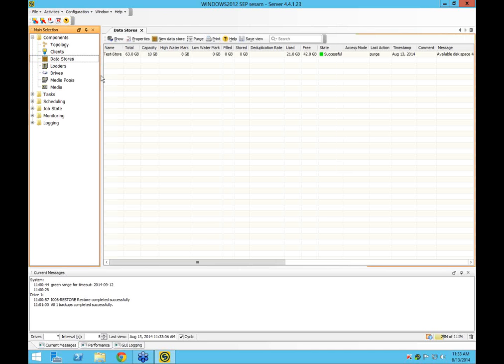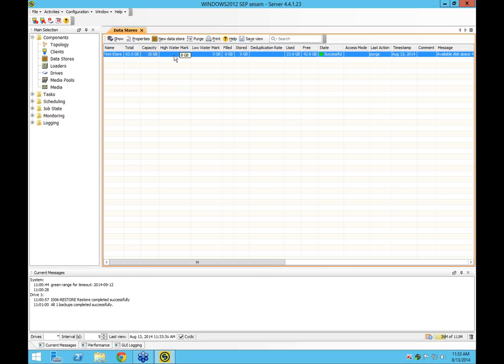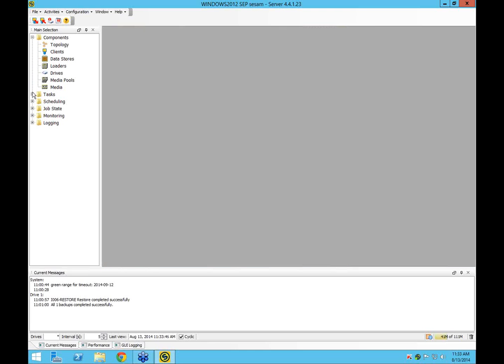In addition to that, when we deal with data storage, we're also driver and OS agnostic. So you can have Windows Server for storage, Linux Server for storage, any type of combination or tape drive that you want. We automatically create a little test storage area on the C drive on Windows or in the var partition on Linux, and we connect any tape drives, loaders, or anything like that that's available. The main purpose of the data store is to keep the drive from getting full. We also have the ability to do software deduplication on the destination side with our data store. So mainly this is just a volume.